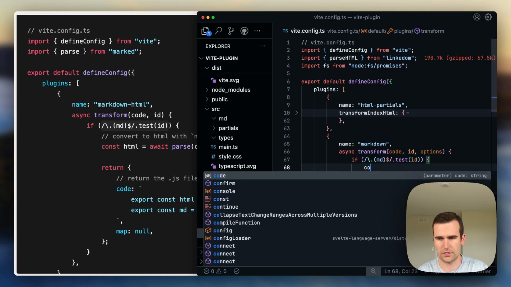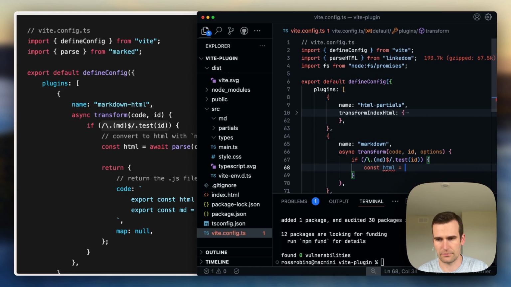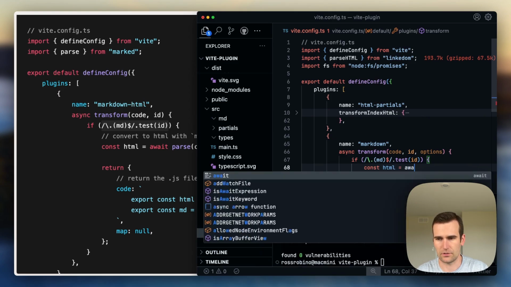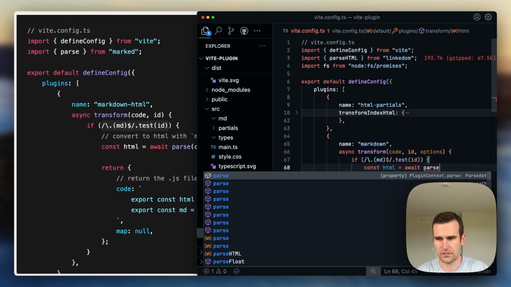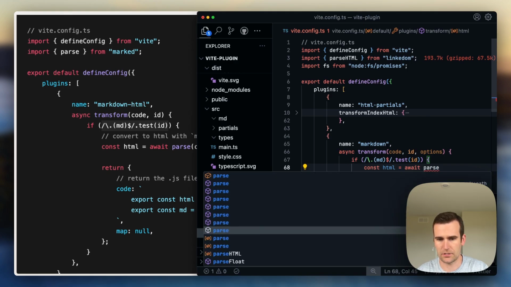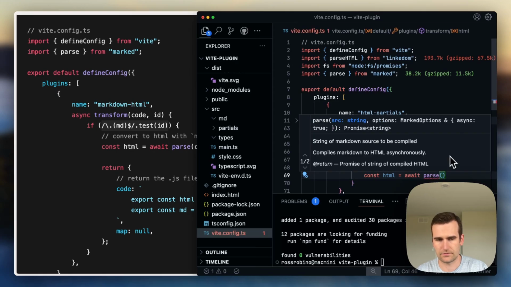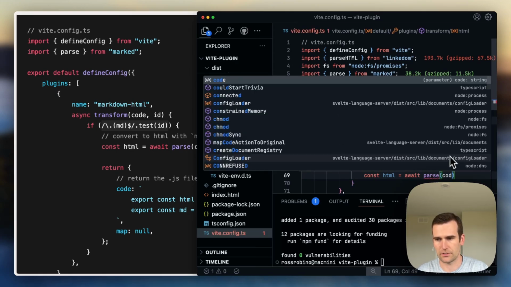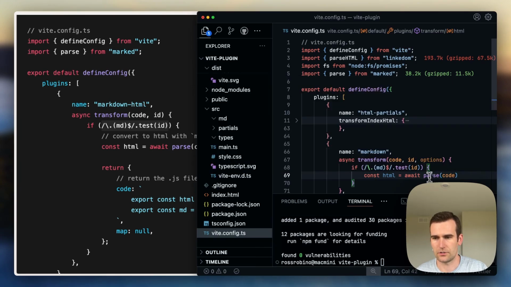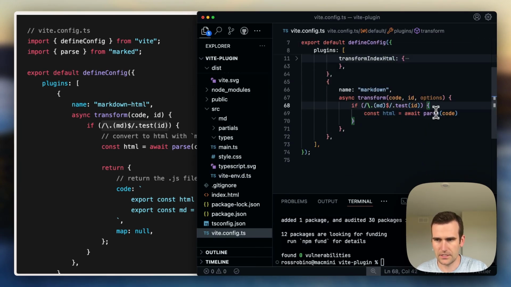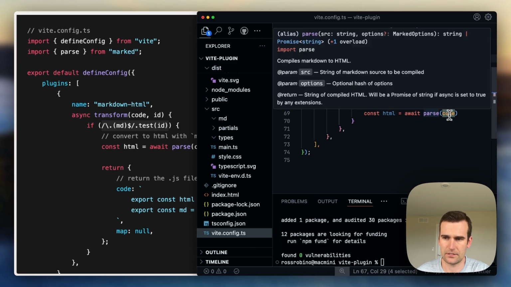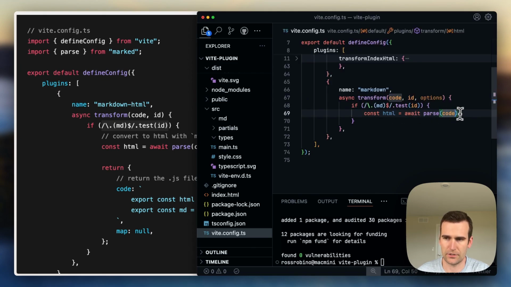And what we're going to do first is we're going to get our HTML, and we're going to await parse, and we're going to import that from marked, and we're going to parse the code. So what this will do is we'll take our Markdown code, so this will be our Markdown file, and it will transform it and parse it into HTML. And then all we have to do next is return,